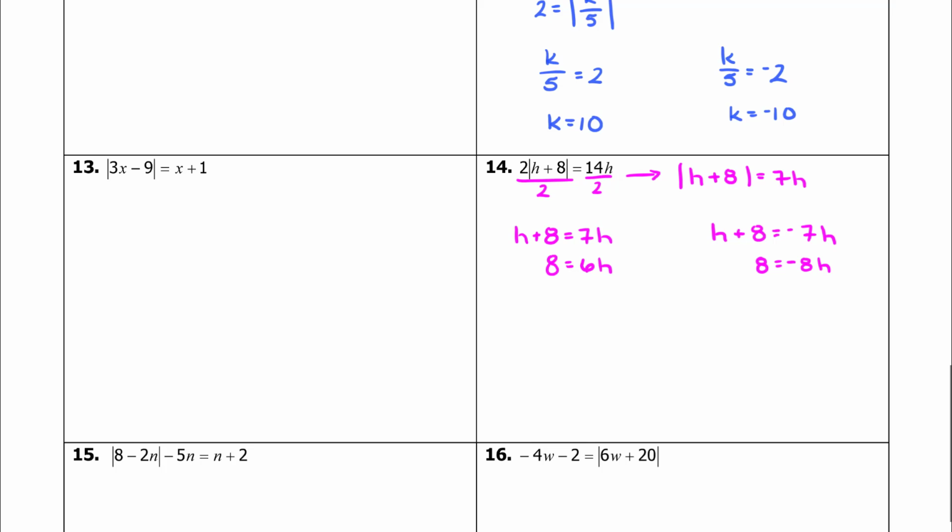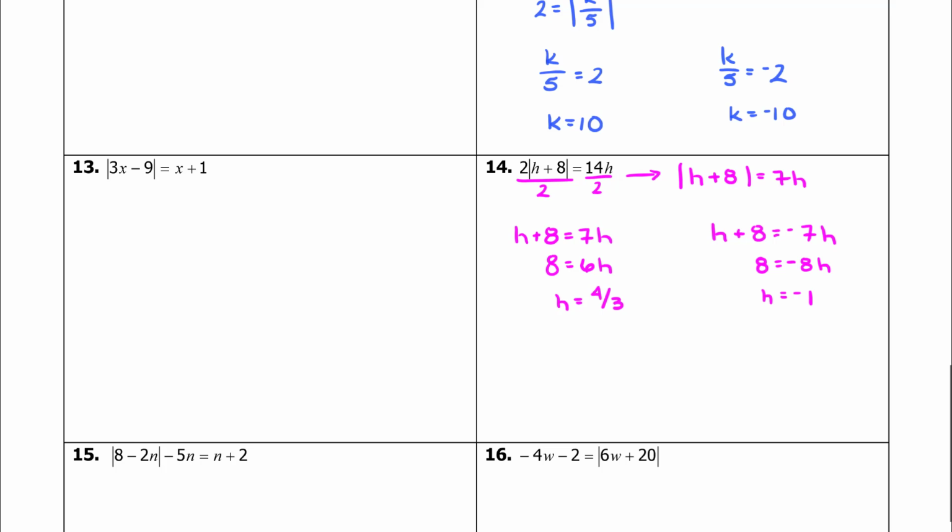And on the left, I'll divide by 6, so that gives me h is equal to 4 over 3. And on the right, I want to divide by negative 8. That gives me h is equal to negative 1. Now, normally this would be the point where we stop. However, because this problem has variables on both sides of the original equation, we need to check to make sure that both solutions work. Because we could end up having what's known as an extraneous solution, which means one of the solutions we found solves the individual component that we solved for, but it doesn't solve the actual equation that